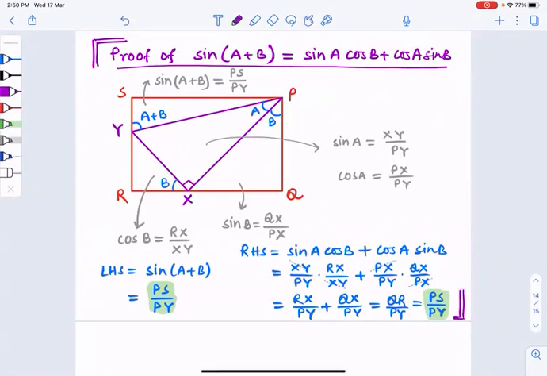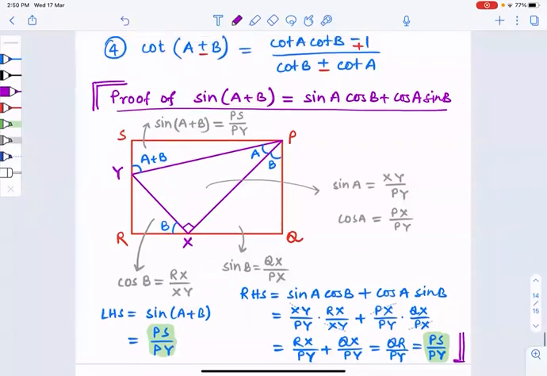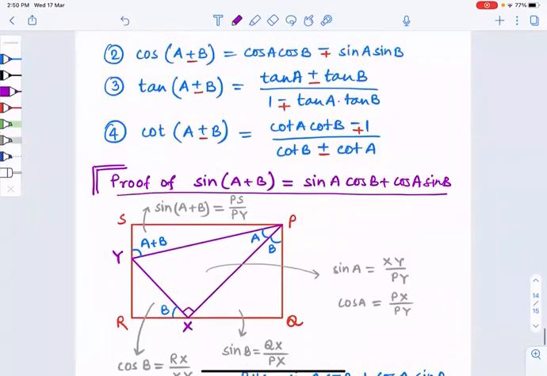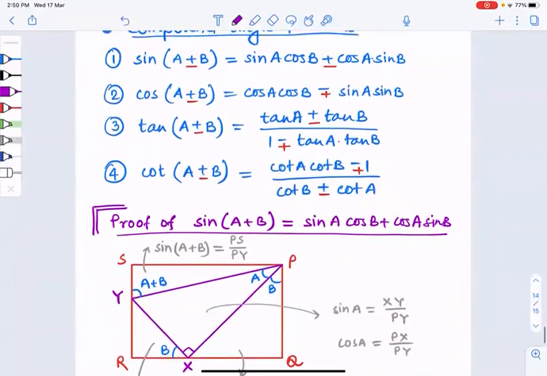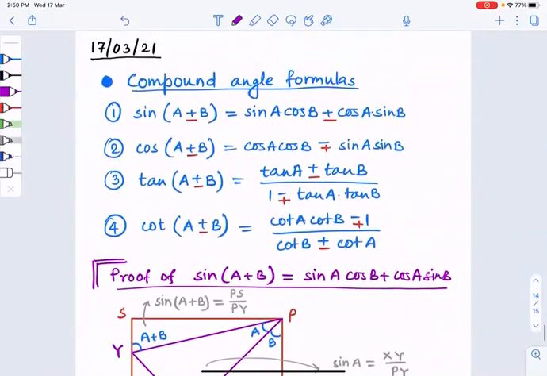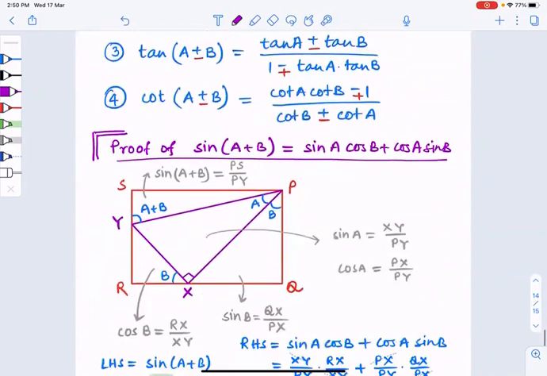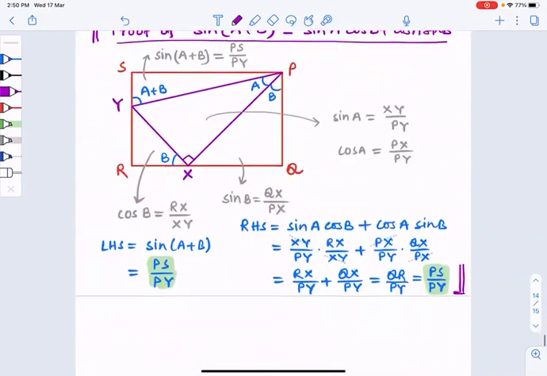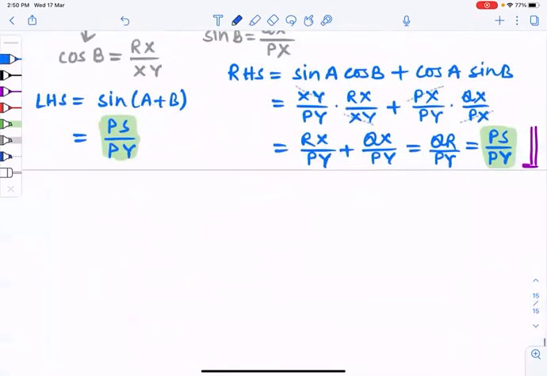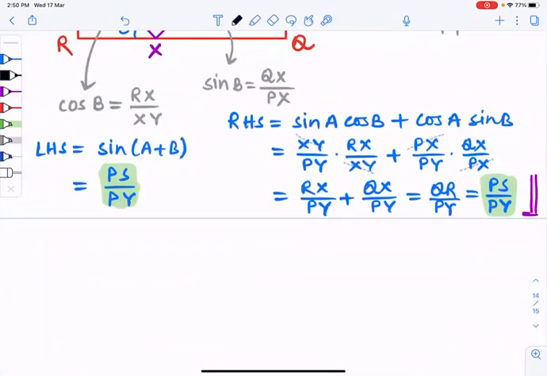Okay. So this proof can be done in many different ways. It is not there in our syllabus, but just to know, I have shown you here. Now, these are some compound angle formulas. Let me show you a simple application of that. Say, let's take it as a question. Find the value of